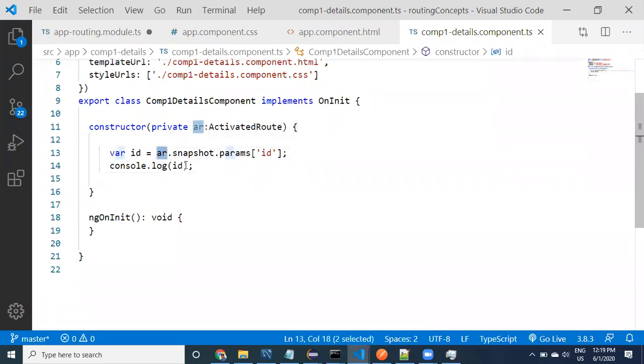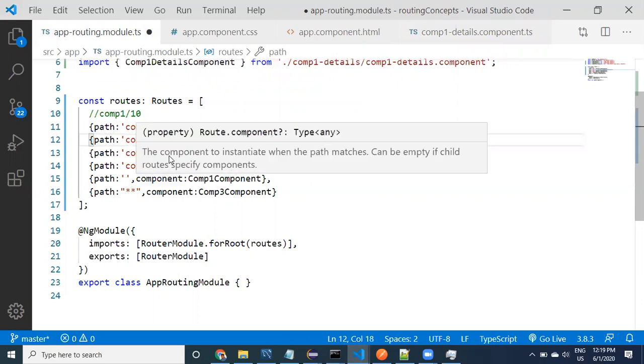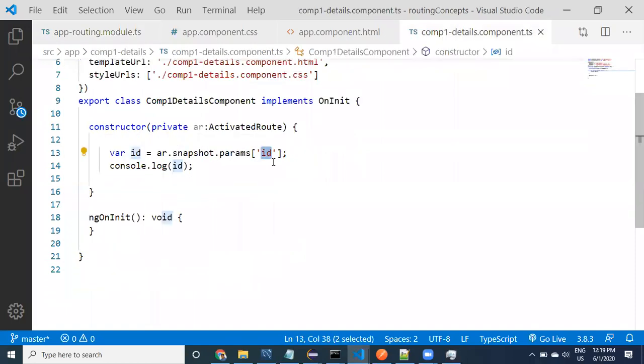Using that AR, there is a variable called snapshot. That snapshot contains a params array, which is a property. What variable name are we using? ID. If I use app routing with CID, the variable name is CID, so you have to come here and use CID.